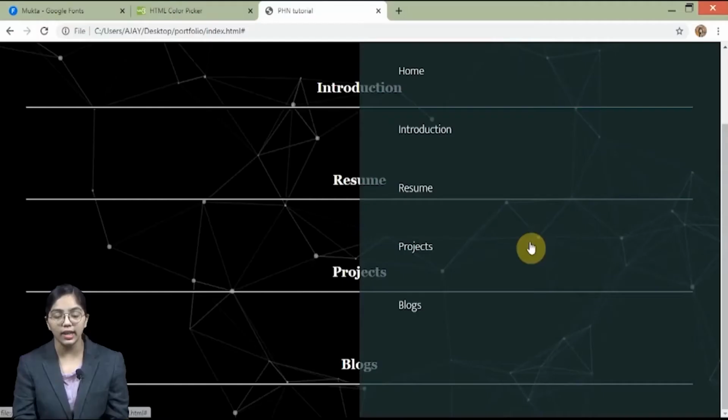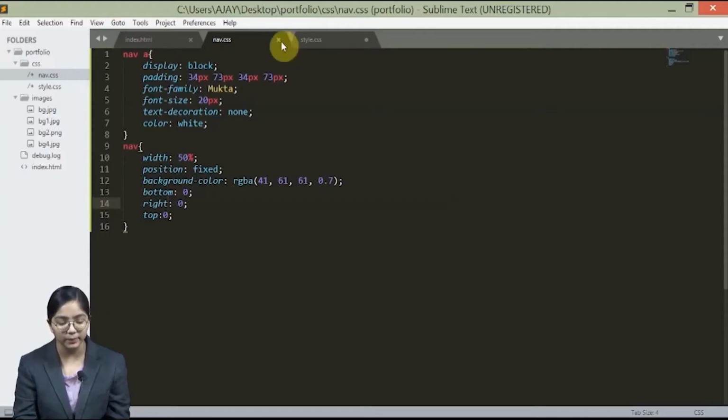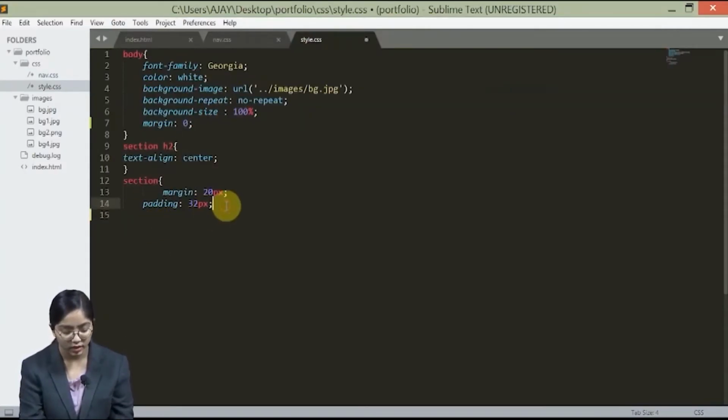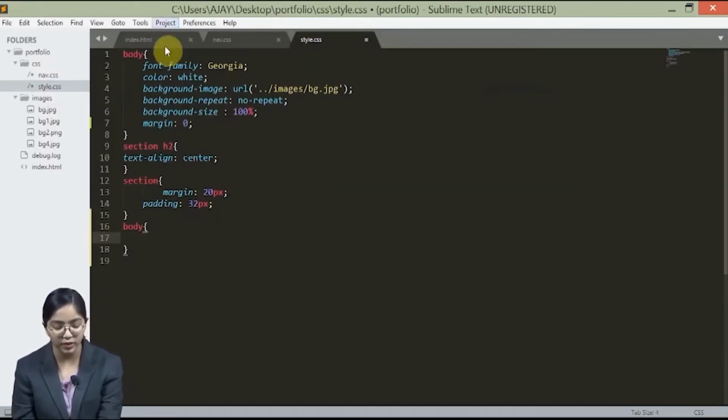Now you can see that the content in here is overlapped by this navigation bar. So what you will do is, you will just go inside the body, and we already have a body, I'm so sorry.